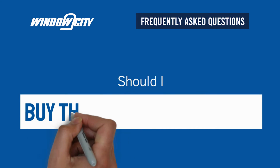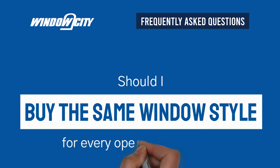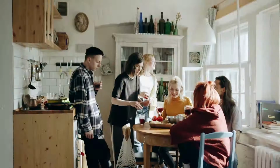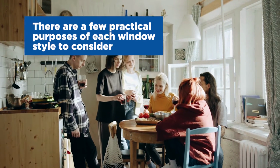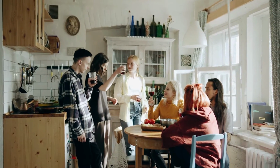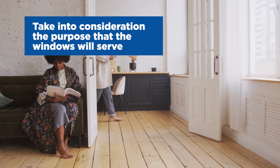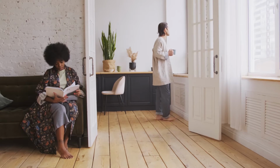Choosing a window style for your home can be a complex process that is largely up to personal preference. Each room of your home will need a different window style because there are a few practical purposes of each window style to consider. Mainly, you'll want to choose windows that reflect your home's architectural style. You'll also need to take into consideration the purpose that the windows will serve and the amount of ventilation needed